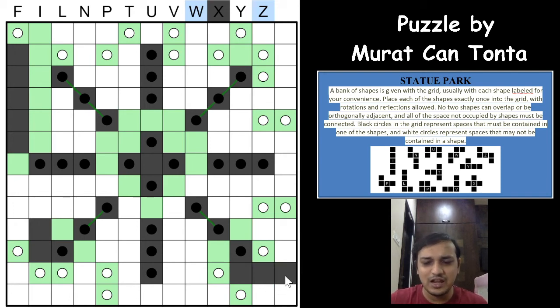And this will have to be a black circle again, because if this is white, it will again form a W, which is not possible, which we have already formed here, which means that this has to be a black, and it cannot be a Z as well because Z is also done. W and Z are already done. Same way this cannot be a white circle because it will form a W. This has to be a black. This cannot touch here. This cannot touch here as well because it will form a Z, right? And this white circle has to come out this way. And okay, so we are done with this.